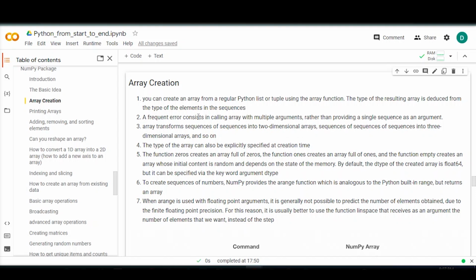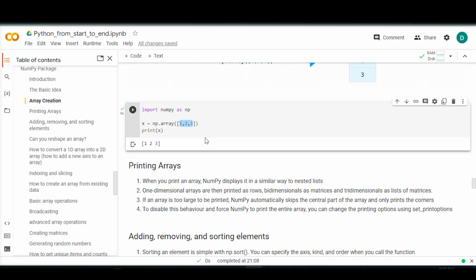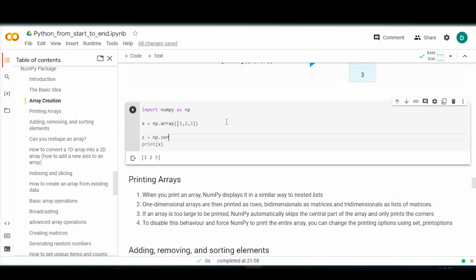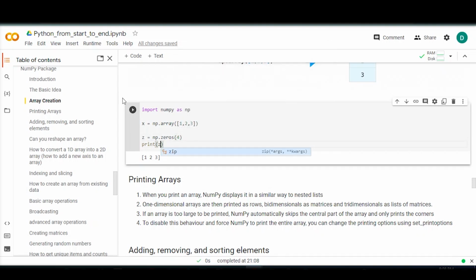Hi, welcome back. So we are at the section to discuss how to technically work on creating arrays and different types of them using the NumPy package. Basically, all you need to do to create a simple array is to pass a list, as we have illustrated earlier. Also you might want to create something called a zeros vector, and that's as simple as the zeros function. The zeros function asks for an integer as an argument to specify how many zeros you want to create for this vector. Print the z, you get the result as you might expect, and that is a vector